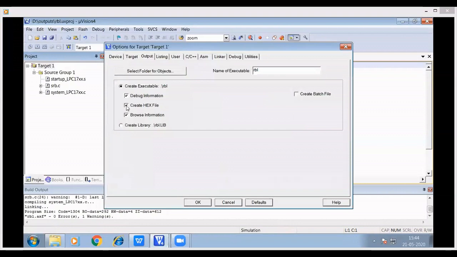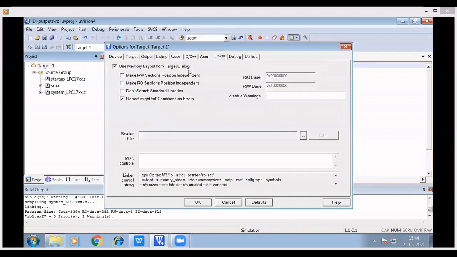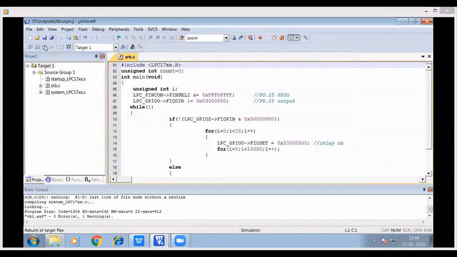Next go to the linker. In linker use memory layout option, check that and click on OK. Now again build and rebuild. You can see that you have the creating hex file message in the console window below. So the hex file would be generated with the project name.